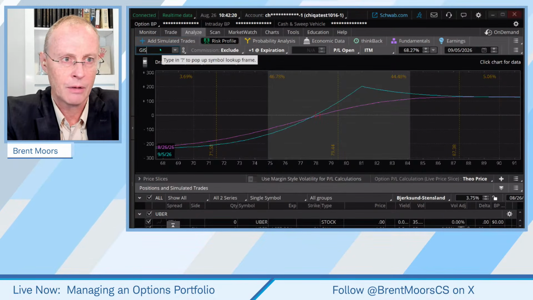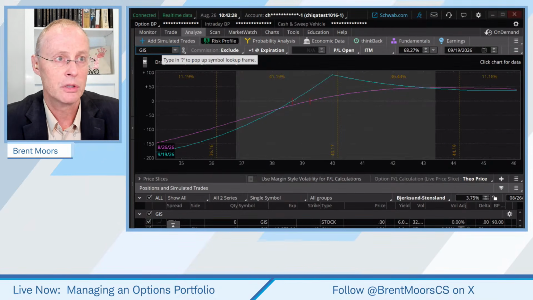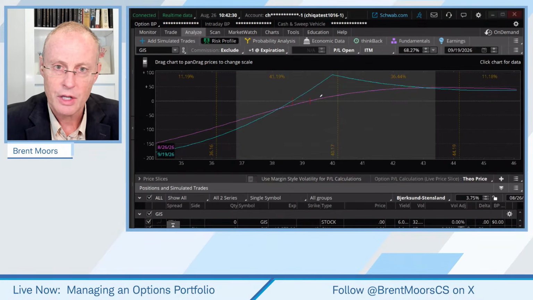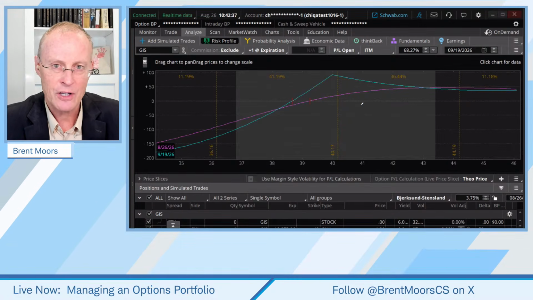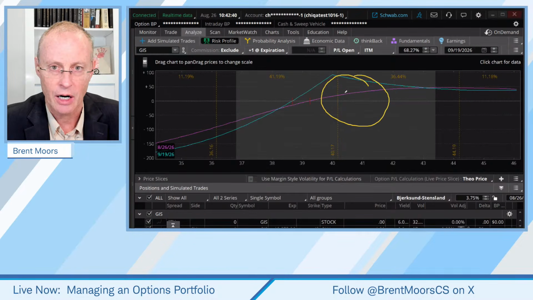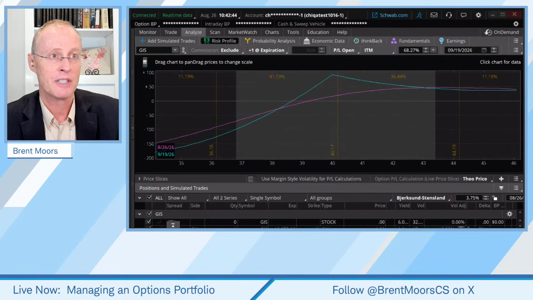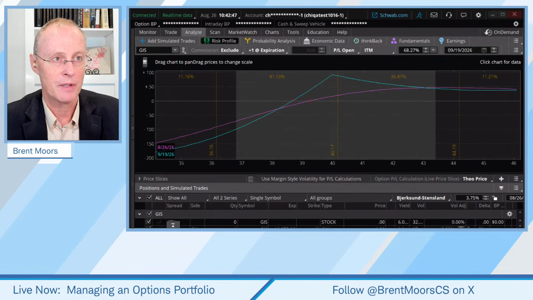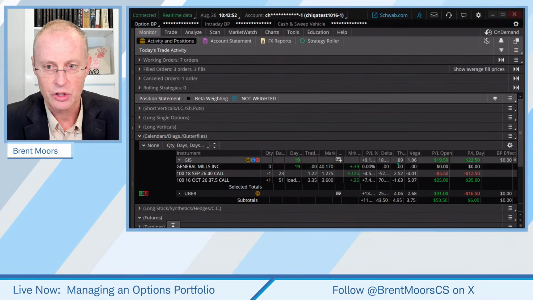That's the wrong stock. You can look at General Mills. Here's our current stock price right here. And you can see it's doing this. Look at the difference between the blue line right up here and this purple line. That represents time decay. So if the stock stays in this range here, the purple line is going to get close to that blue line, and time decay is going to help us out. And we want time decay to help us out. Okay? This is a positive theta trade, which is great. That's what we want. We're going to stick with that one.